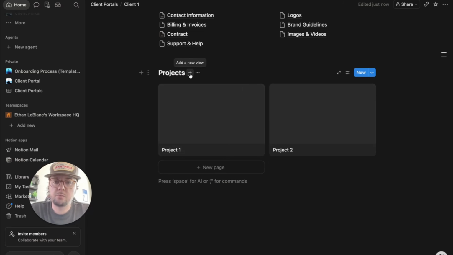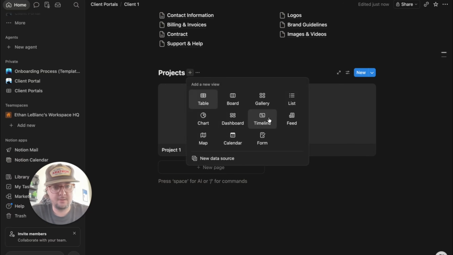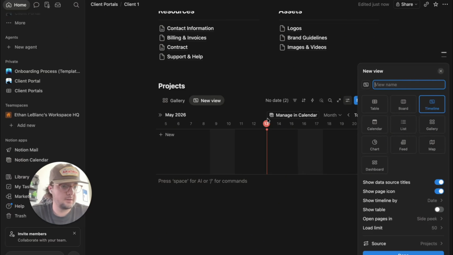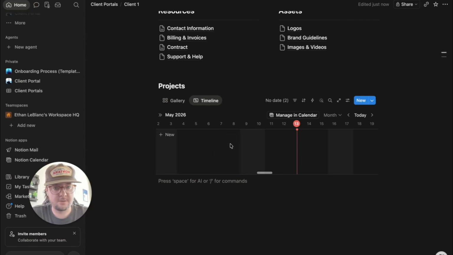We're going to add one more view to this project's database here, that being a timeline view. And I'll show you how to navigate this later. But yeah, if you just press that plus button next to the gallery view, you click timeline, and you can kind of name it whatever you want. We could just name it timeline for now. That way, when the projects are populated with dates, you'll be able to see them here and just flip-flop between